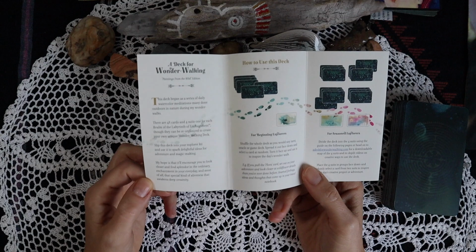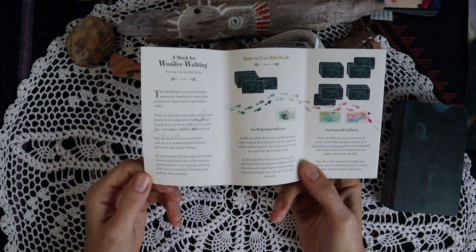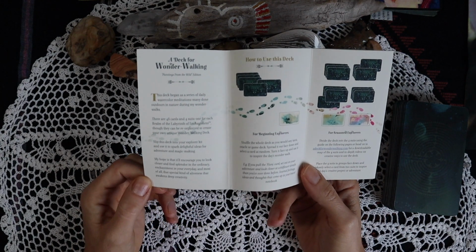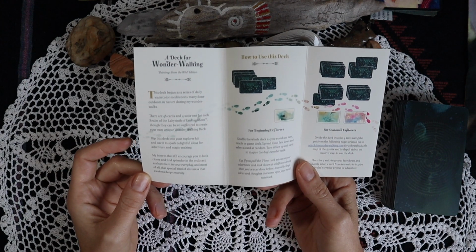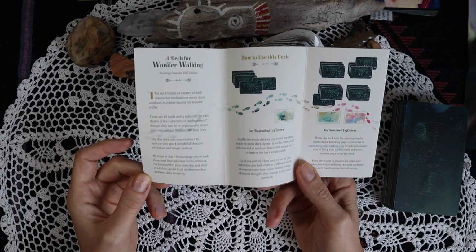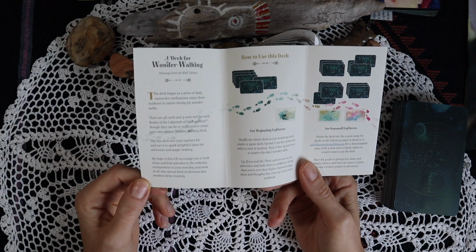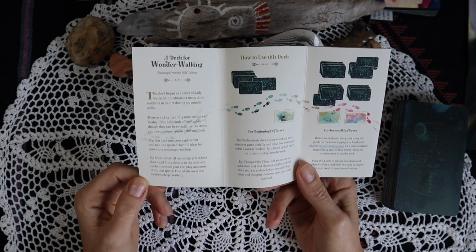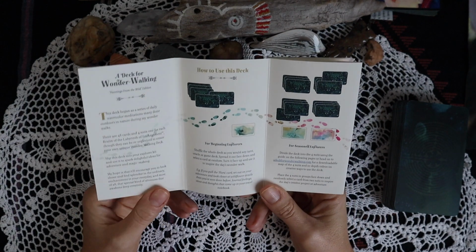And I cannot wait to take this deck out. I actually had this idea to create this review while I'm walking, and I might just do a video on YouTube for that as well. She says, my hope is that it encourages you to look closer and find splendor in the ordinary, enchantment in your everyday, and most of all, that special kind of aliveness that awakens deep creativity. Wow, I just love it because it's